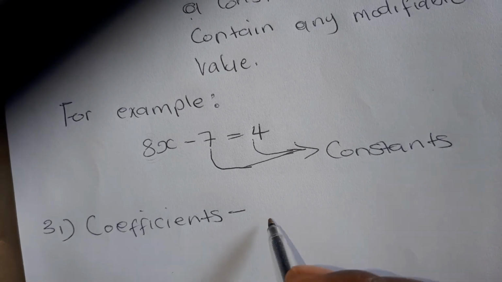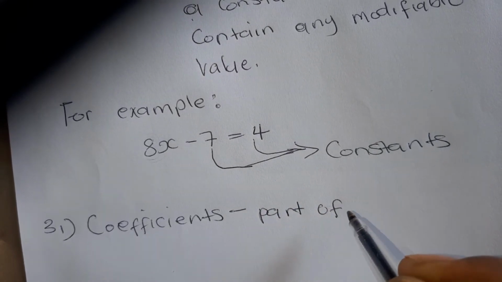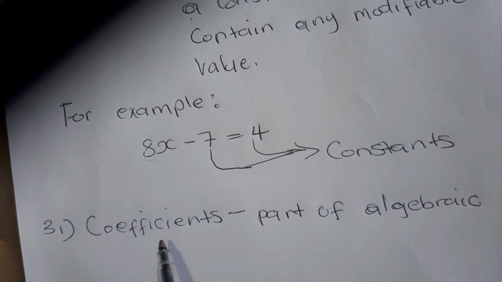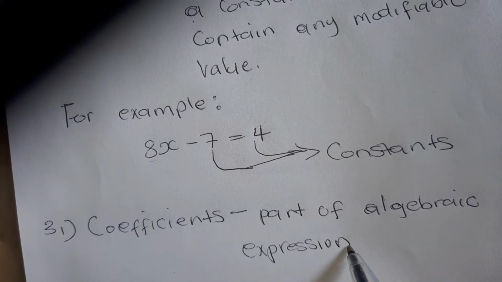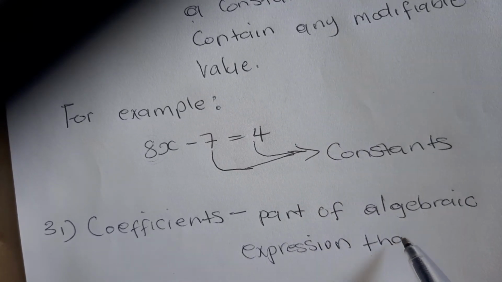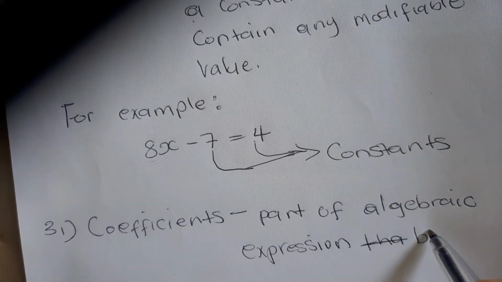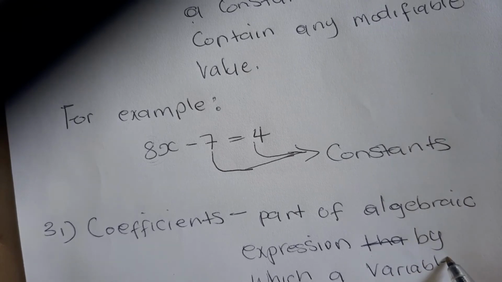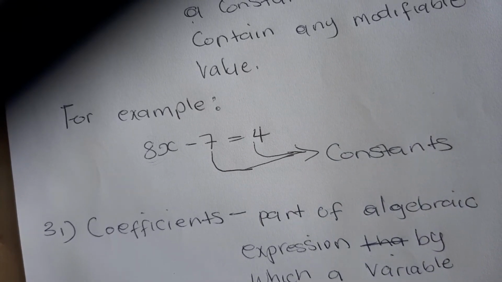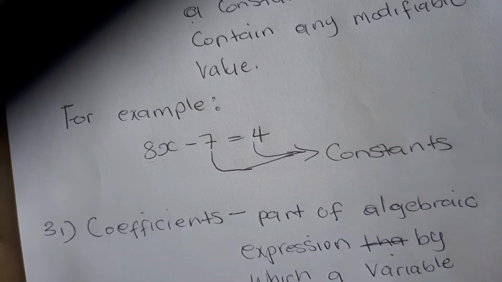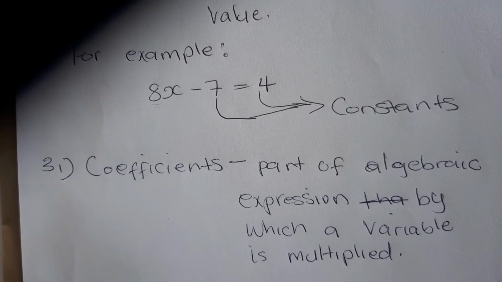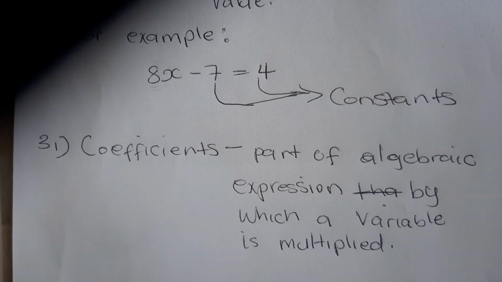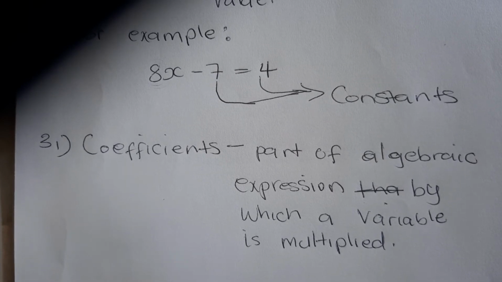Okay guys, coefficients are part of an algebraic expression by which a variable is multiplied. So meaning that a coefficient, every time, is a part of an algebraic expression that is multiplied by a variable. So for example, guys,